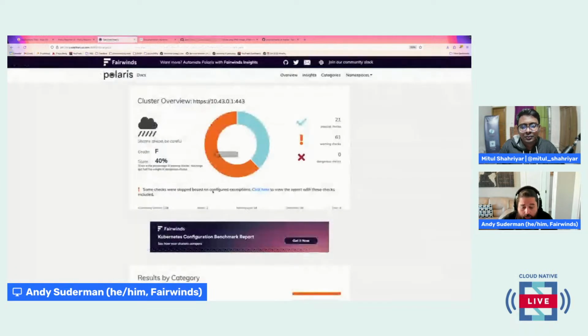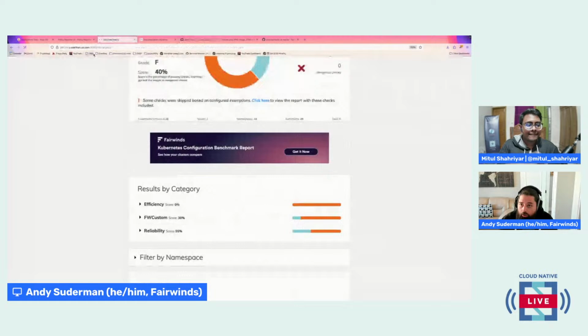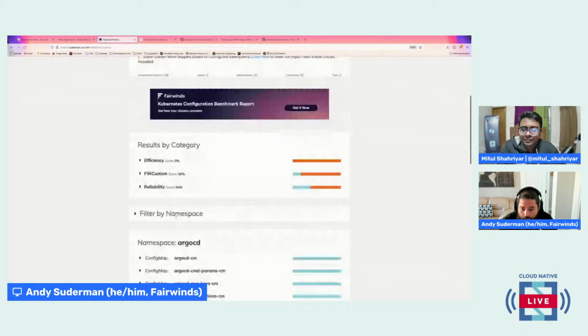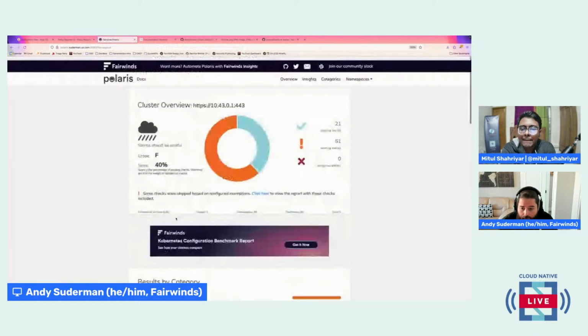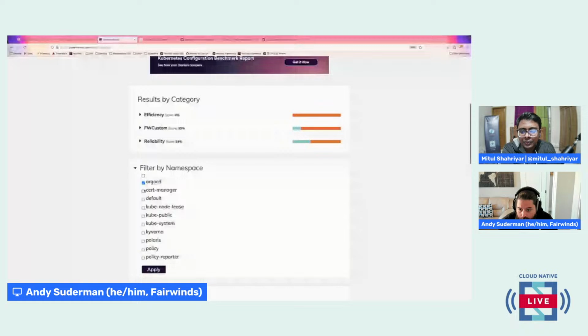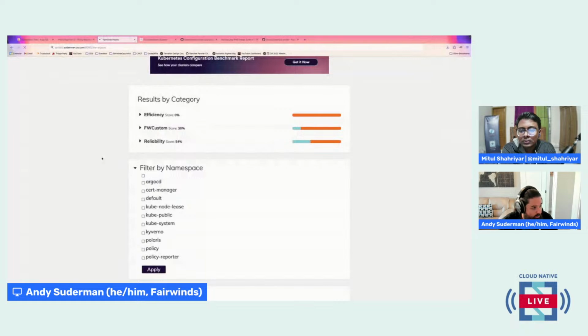We can also take a look at the Polaris dashboard. So hopefully this is working. We'll see. All right. Right now we're filtered down just to a single namespace. So you could see, if I am the owner of the demo namespace, which I think we jumped clusters here.